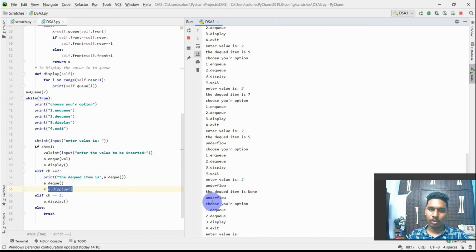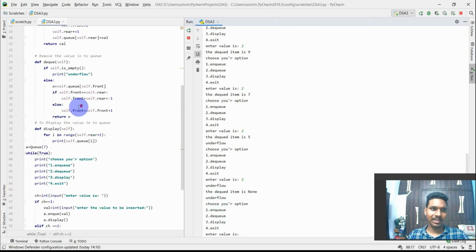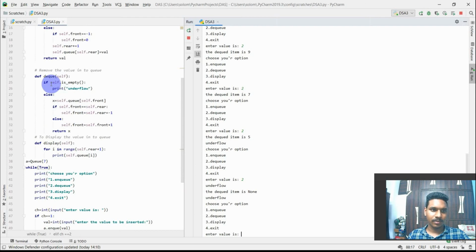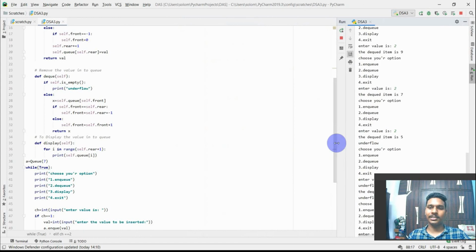The queue is overflow, so there is no place. This condition becomes true here. When there are no elements in the queue, it will print overflow. So in this way we can see the queue implementation.